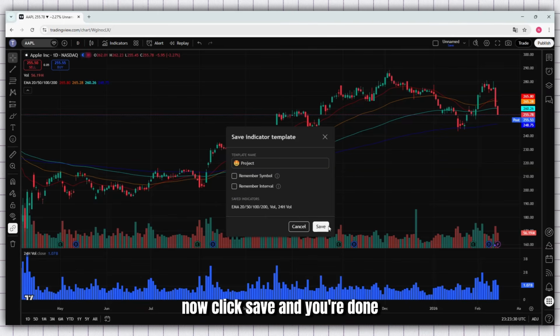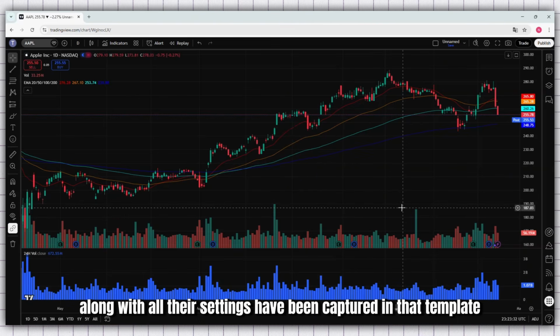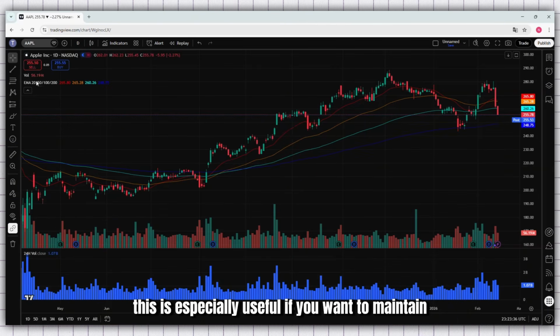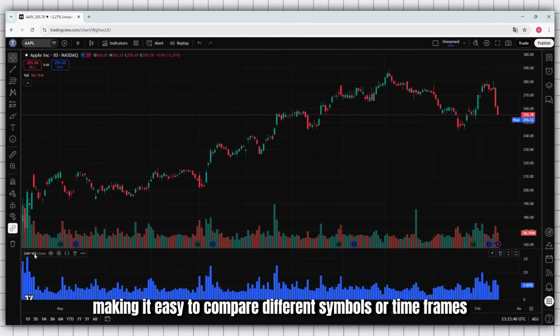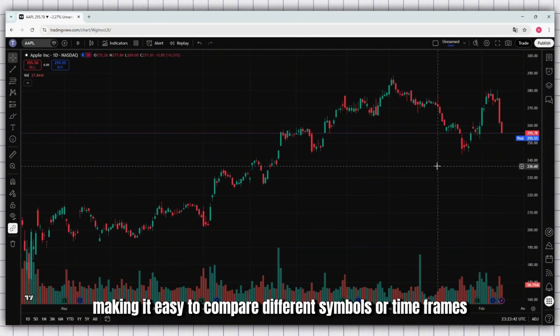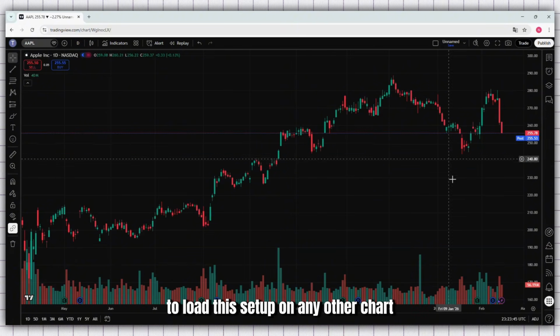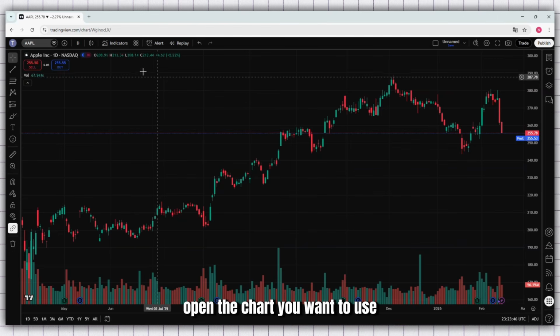Now, click Save and you're done. Your indicators, along with all their settings, have been captured in that template. This is especially useful if you want to maintain consistency across multiple charts, making it easy to compare different symbols or time frames. To load this setup on any other chart, open the chart you want to use and go